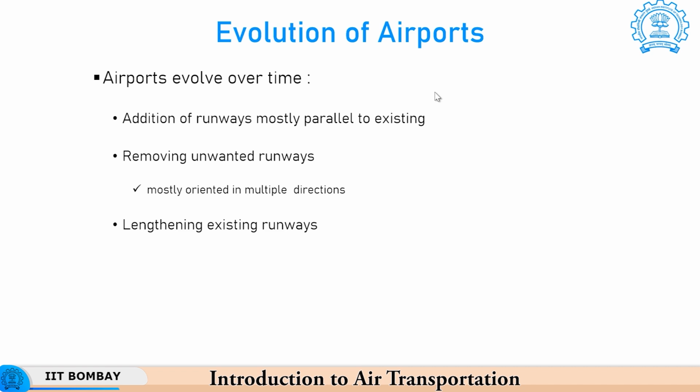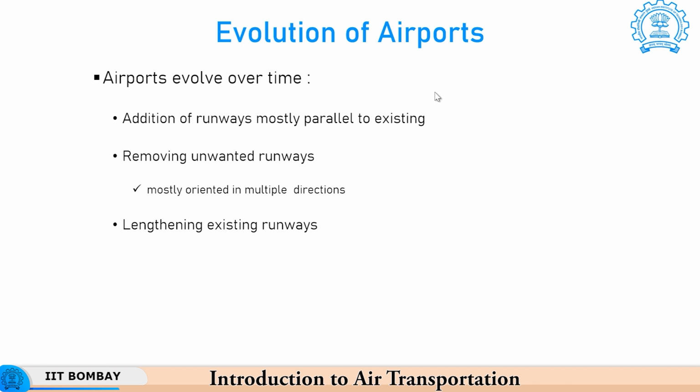Okay. Another important thing that is done when airports evolve is that as an airport evolves, it wants to accommodate larger and larger aircraft. Larger aircraft being heavier generally require extra runway. So, one common development of an airport is to lengthen the existing runways. That is why, as I mentioned, it is important to acquire proprietary control over the rights of the lands at both the ends of the runway, so that you do not come up with a situation that you cannot expand.